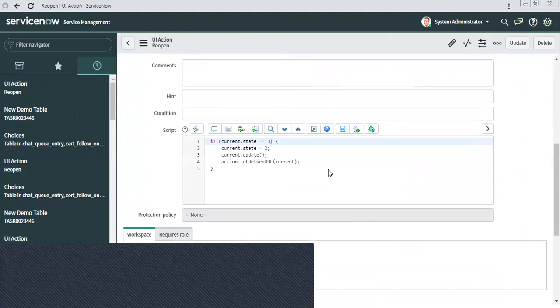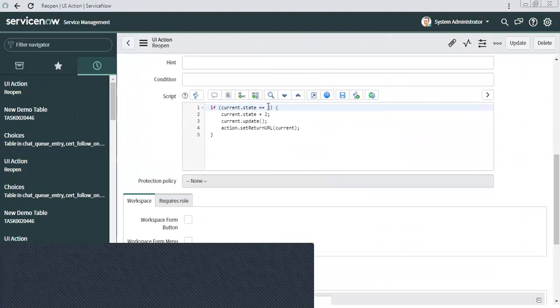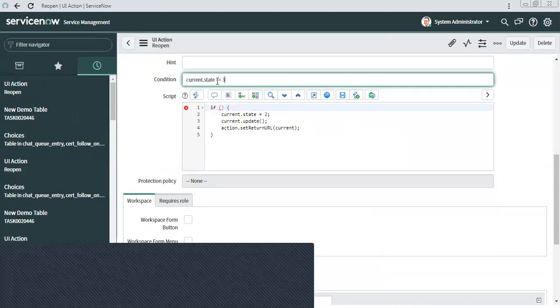However, when we write it in the condition, that controls when this UI action should be visible on the form. The UI action condition controls the visibility of the UI action on the form.